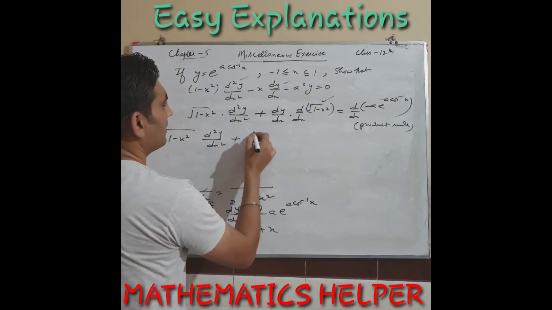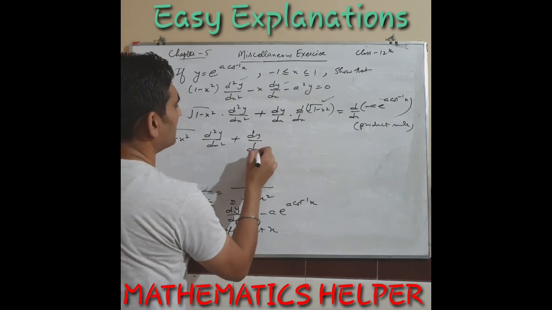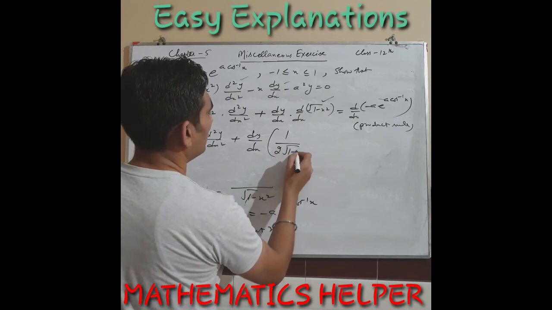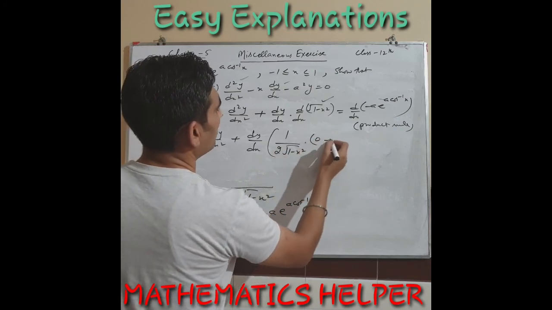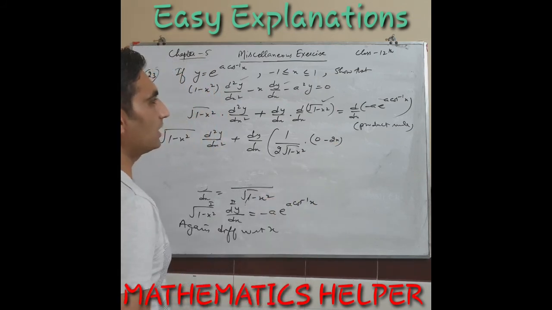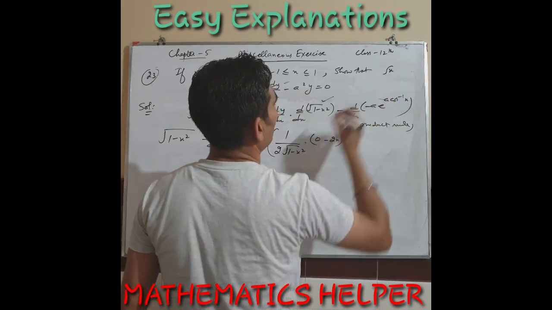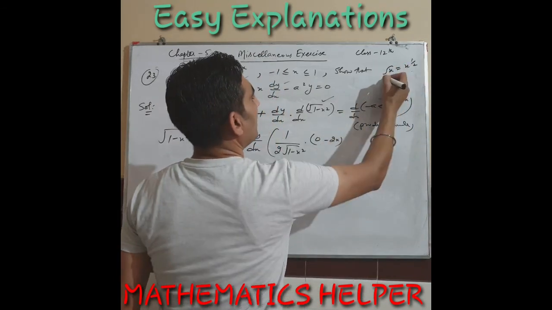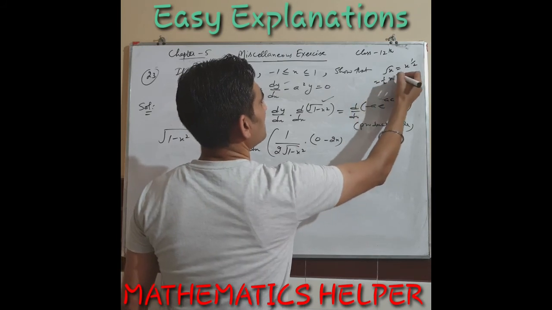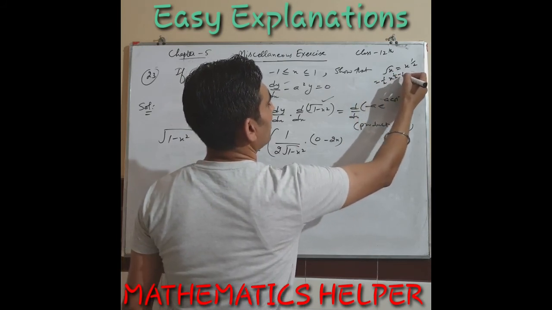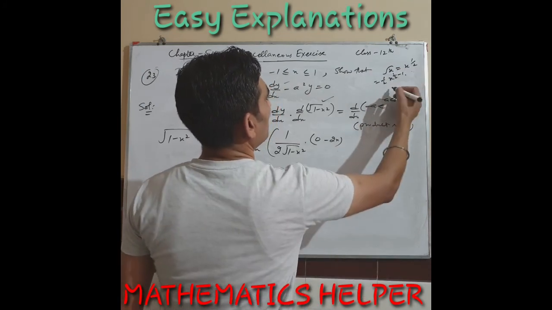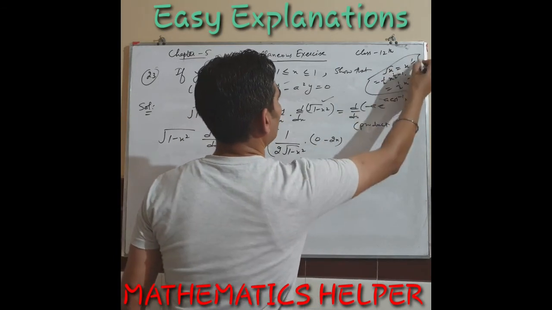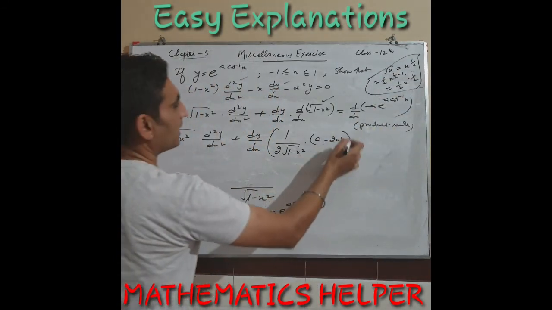What about derivative of square root of 1 minus x square? I am writing dy over dx here, okay? Derivative of this is 1 over 2 square root of 1 minus x square into 0 minus 2x. If it is not clear, try to think about derivative of square root of x. Square root of x means x raised to power 1 over 2. When we write derivative, half will come in front. Power of x will decrease by 1, means 1 over 2 minus 1, or minus 1 over 2. So it will be 1 over 2 x raised to power minus 1 over 2, or it will go in the denominator. So this is, I think, clear to you how we write derivative.